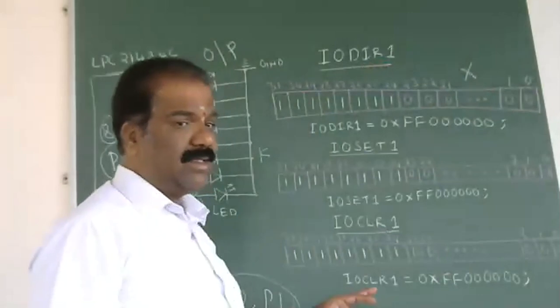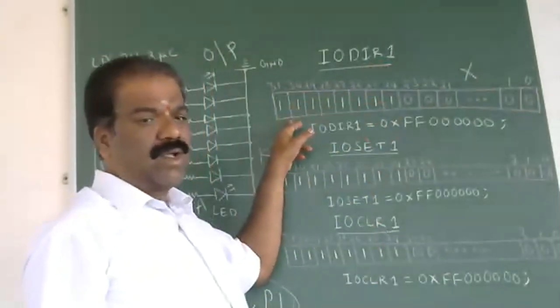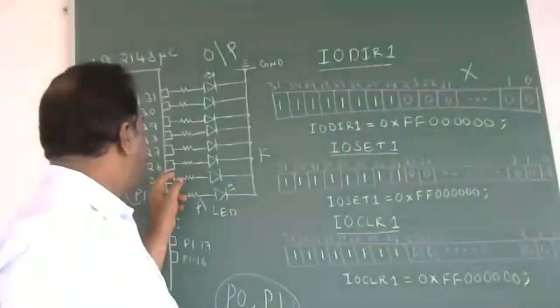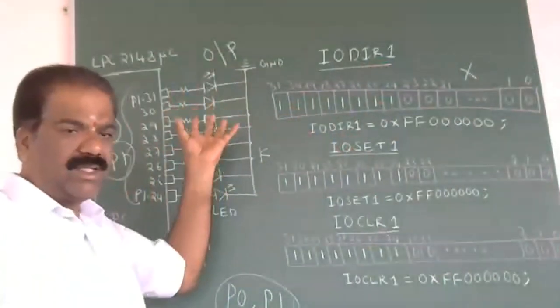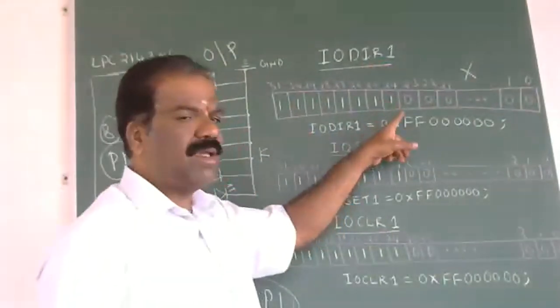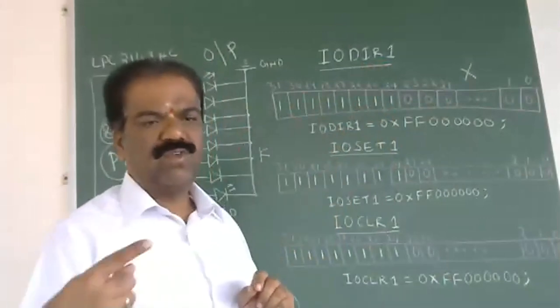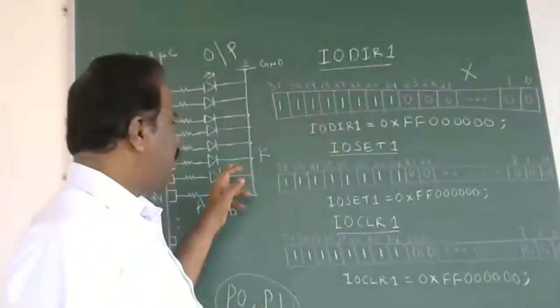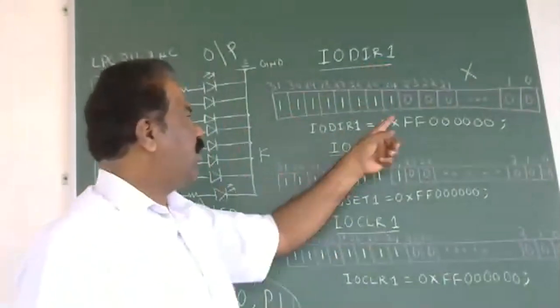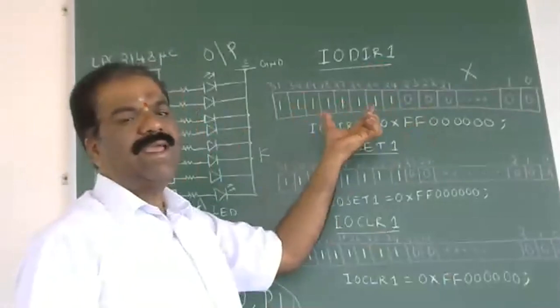But here this is very important. Starting from 24 to 31. Here I'm using P1.24 to P1.31. I'm using these 8 lines, and that is very important. Therefore, here I'm making all ones, 8 ones. So 1 for output, 0 for input. Here the LED is an output, therefore I have to write 1. Then later we have to convert this into hexadecimal.